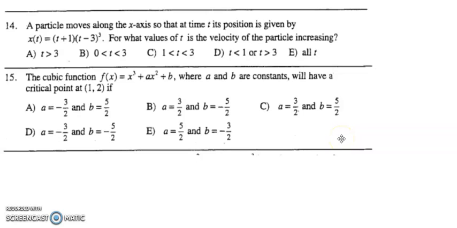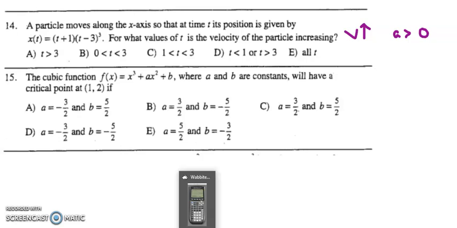Alrighty, this first problem says the particle's moving along the x-axis at time t, and this is the position function right here. So that's terrific. And we want to know when the velocity is increasing. Velocity is increasing where acceleration is greater than 0. So really we want to plug in this function and find the second derivative and find where the second derivative